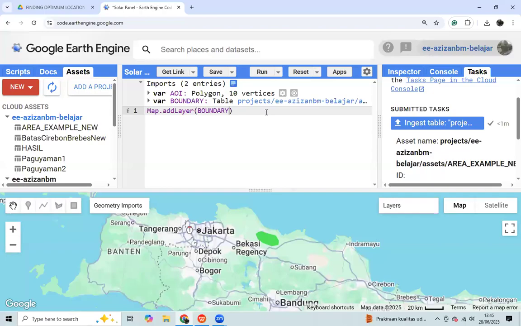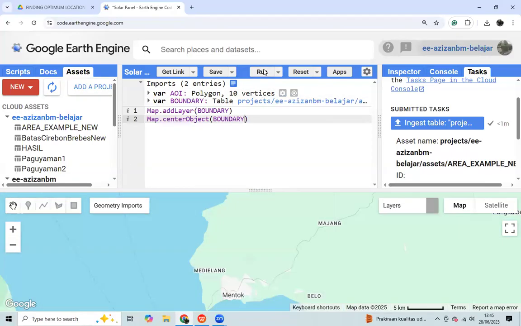So how do we find it? We can add another code to make it zoom to the boundary data. We run. Okay, then it is the data.